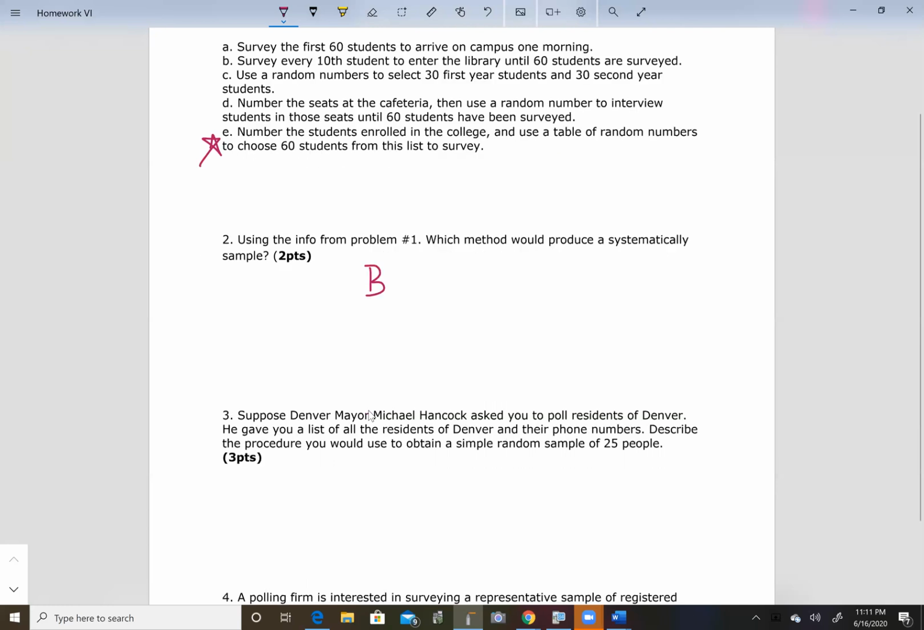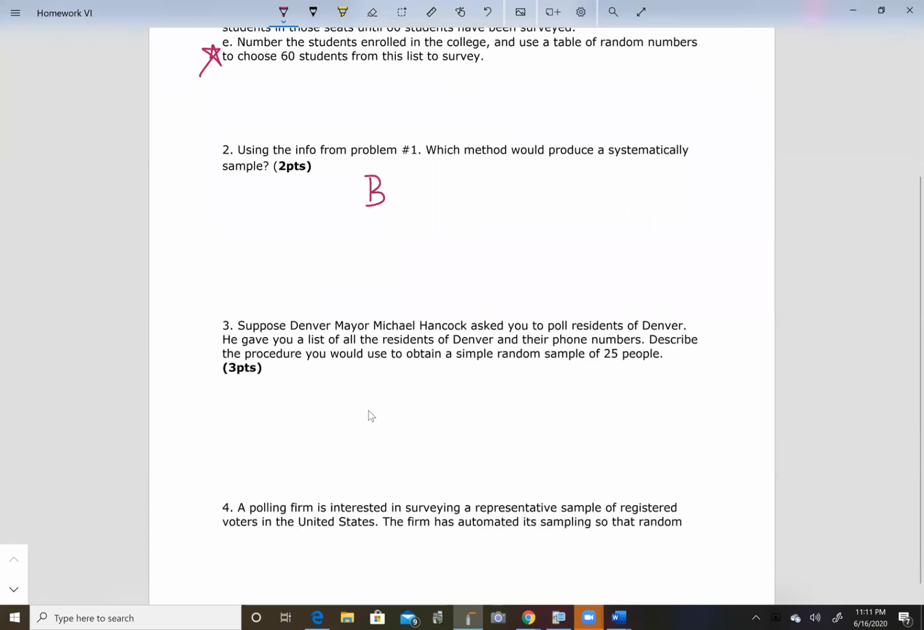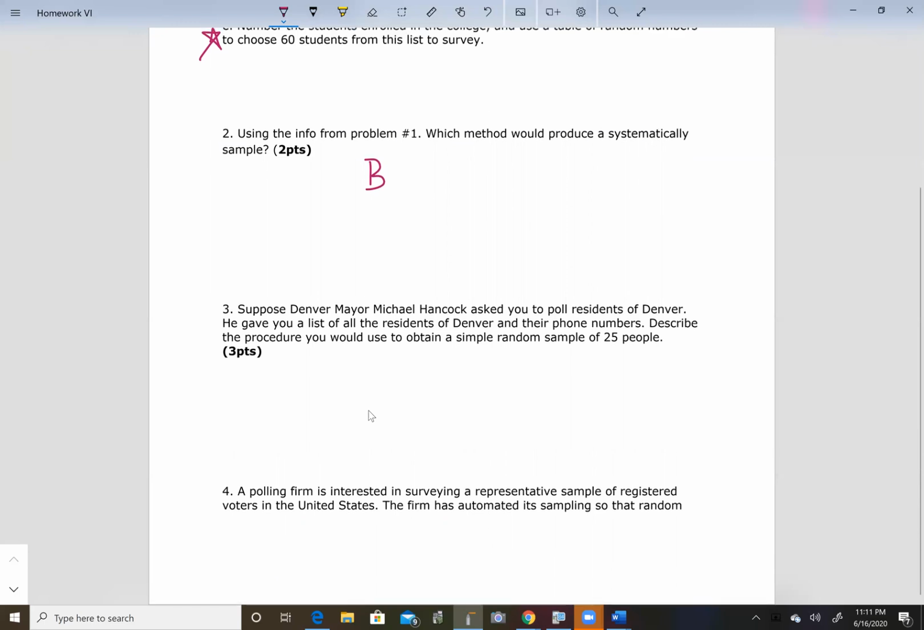Okay. Suppose Denver Mayor Michael Hancock asked you to poll residents of Denver. He gave you a list of all the residents of Denver and their phone numbers. Describe the procedure you would use to obtain a simple random sample of 25 people. Well, you guys may have different ideas of what this looks like. For me, what I would do is create a database or a spreadsheet with everyone's name on there. And then I would use a random number generator to generate 25 numbers and choose the corresponding people